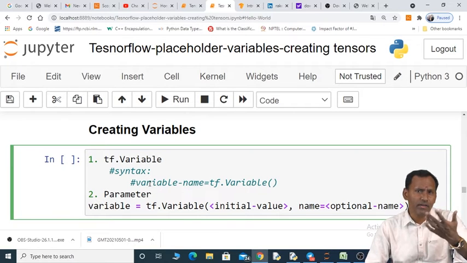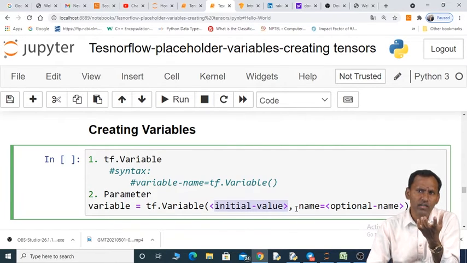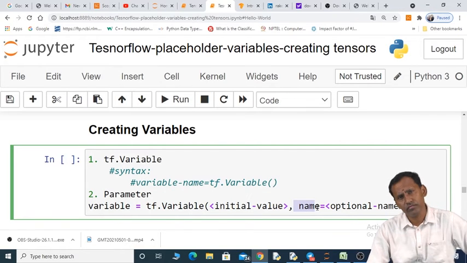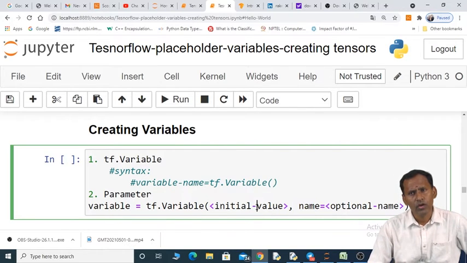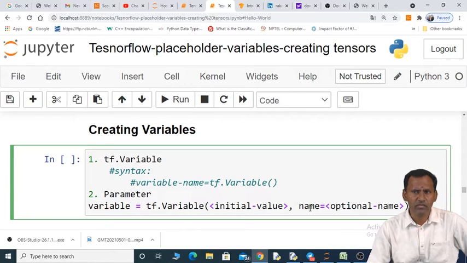Now coming to the parameters. It requires two parameters when creating a variable. The first one is the initial value, and the second one is the name of the variable. The second parameter is optional, and the first one is the initial value.